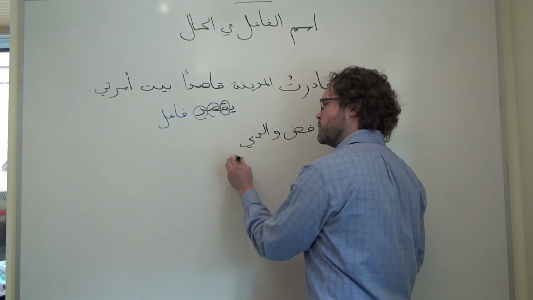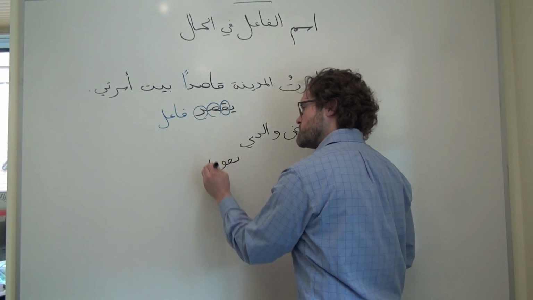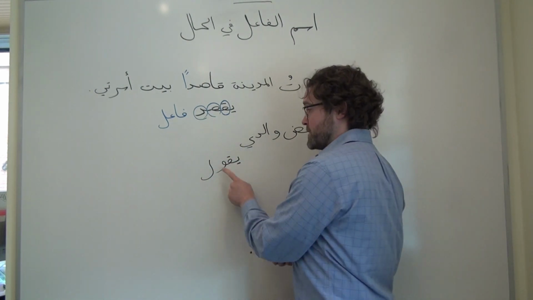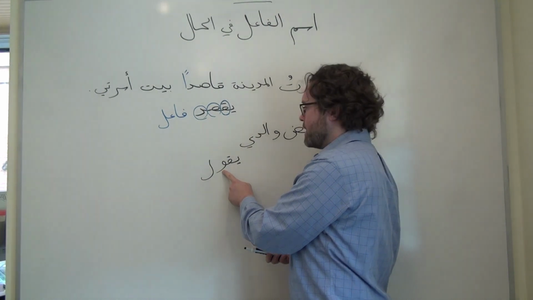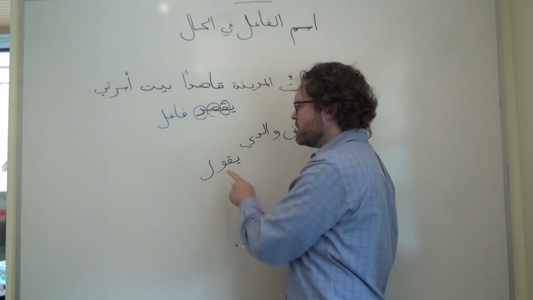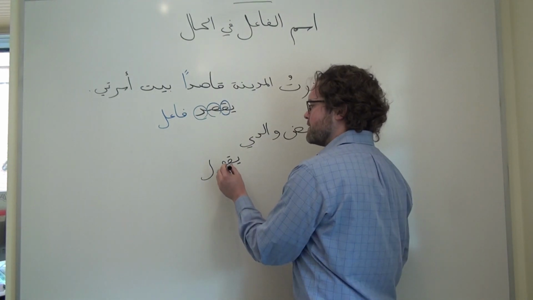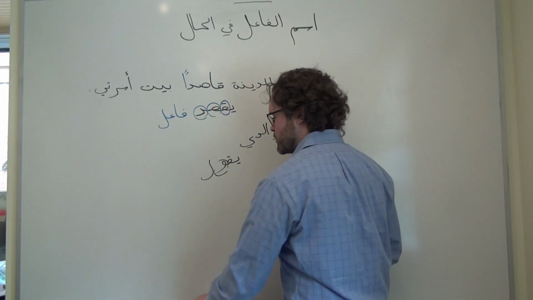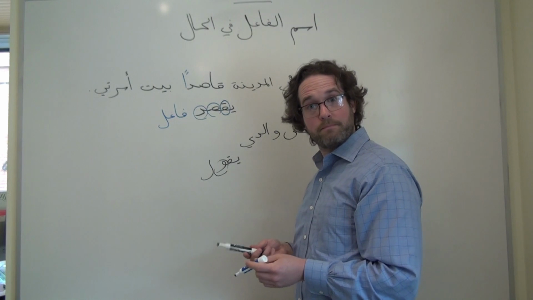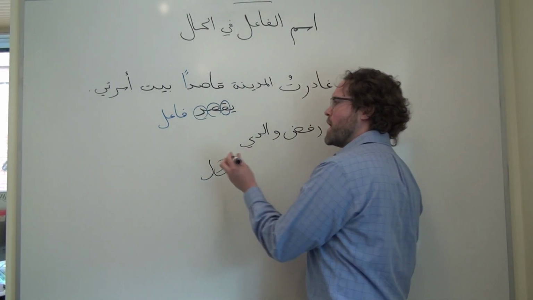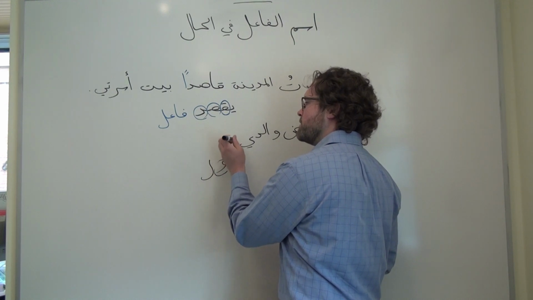Now, the form 1 verb يقول is a hollow verb. It has a waw as the middle letter of its judr here, and this is a little bit irregular. With most form 1 hollow verbs, that vowel is actually going to turn into a hamza in the fa'il pattern. So my father refused, رفض والدي, and we're actually going to form the fa'il